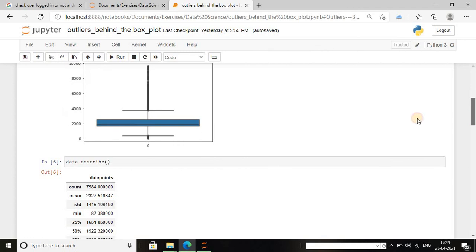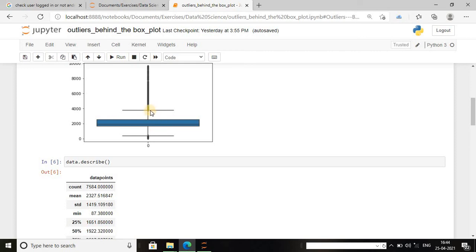So from this graph, this will be the 25% quartile, this will be the 75% quartile, and this center line will be the 50% quartile, also called the mean value.